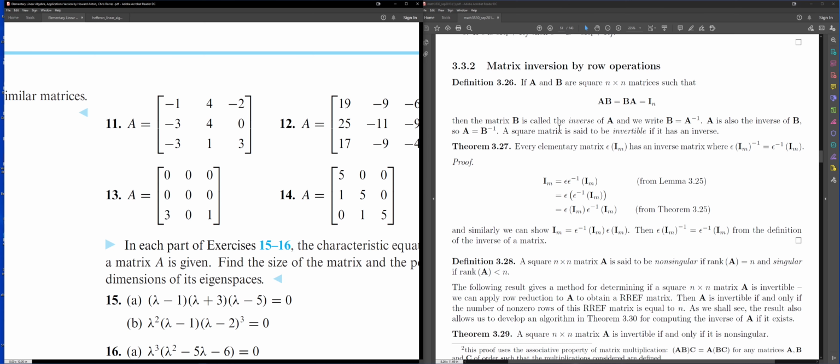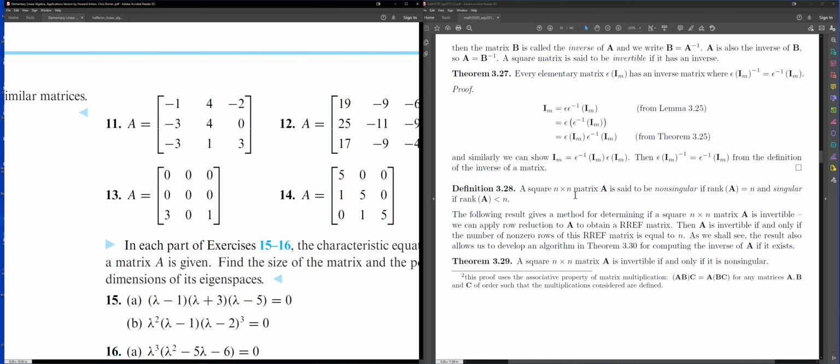And a square matrix is non-singular if the rank of A is equal to the size of the matrix. So you probably heard from 1180 that if a matrix is non-singular, it's going to have an inverse. But that actually requires